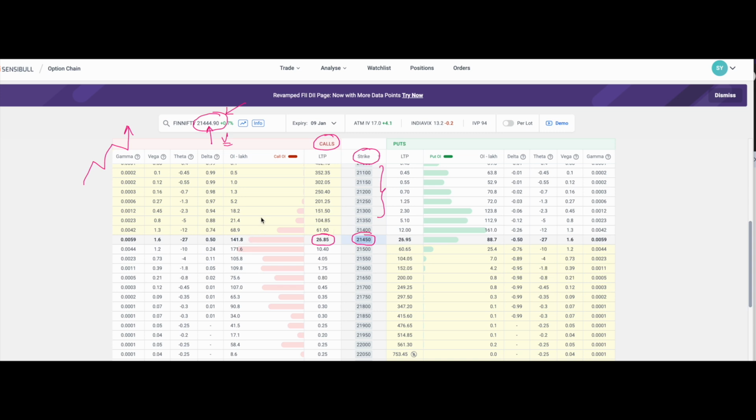Now especially on expiry day, we understand that only when we have quick momentum can we make decent profit in the market. And also we know that market can be very volatile during expiry day. Now 21,450 for both call option and put option, it is the at the money strike price because it is near the current market price. Since our view is bullish, is it right for us to choose the 21,450 strike price and make decent profit in the market?